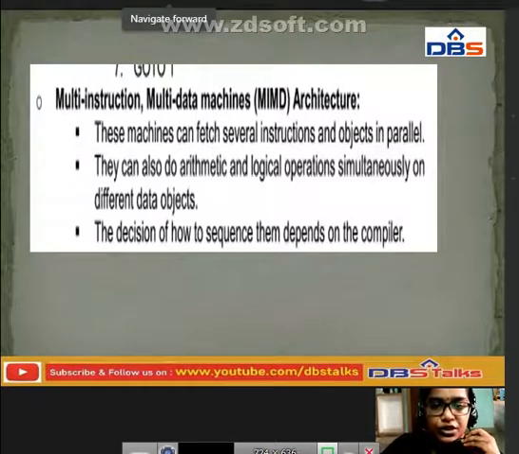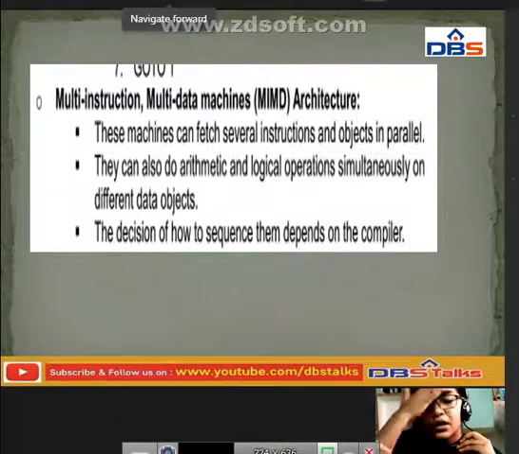Based upon that instruction, it is going to process that particular data. And these machines can fetch several instructions and objects in parallel, so that they can do arithmetic and logical operations simultaneously on different data objects. The decision of how to sequence them depends upon the compiler.